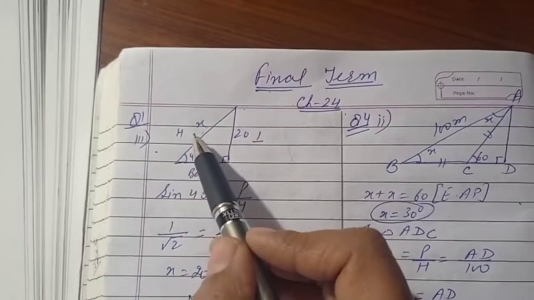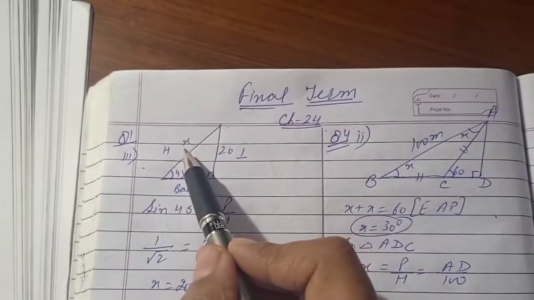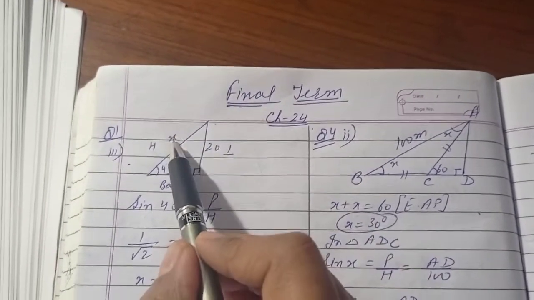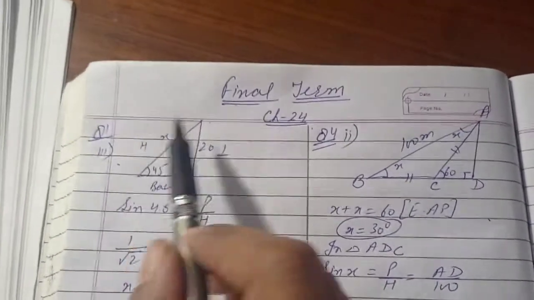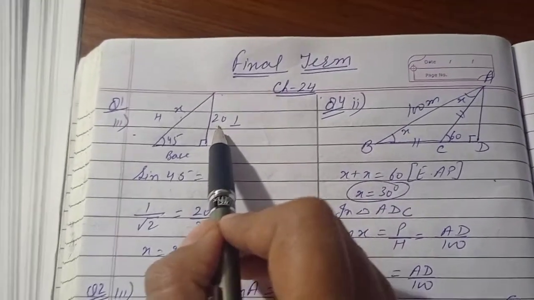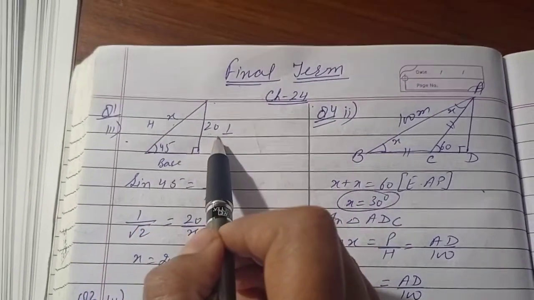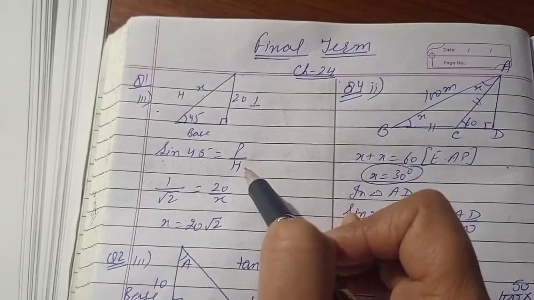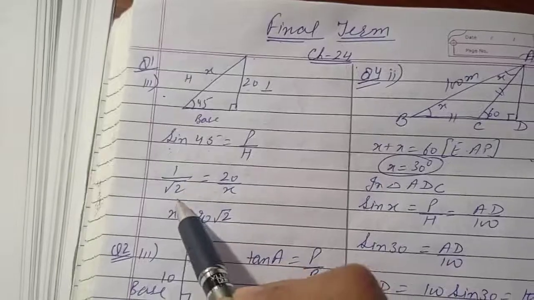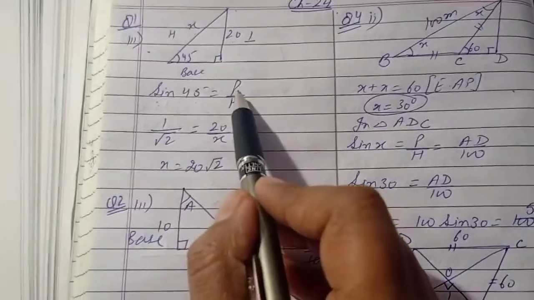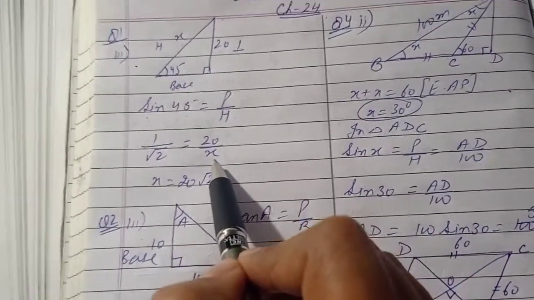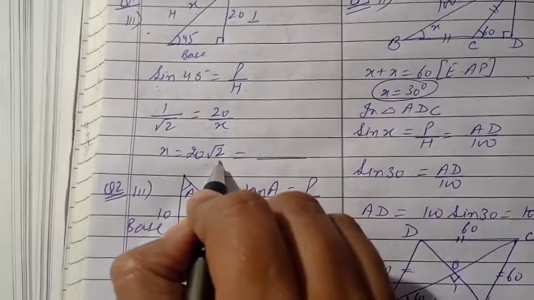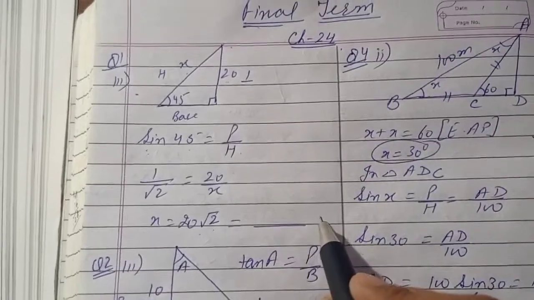Now, we have to find the value of x. And x is hypotenuse and this is perpendicular. So see what we have to find out. We have to find out hypotenuse and what is given to us is perpendicular. So what is the ratio of perpendicular and hypotenuse? That is sine. Sine 45 is P upon H. So use that ratio. Sine 45, you know, 1 by root 2 is equal to perpendicular 20 and hypotenuse x. Cross multiply, this will be the value. So here you can put the value of root 2, you know 1.41, that you can put and find the